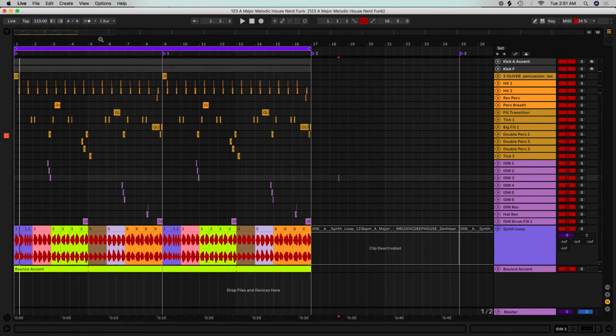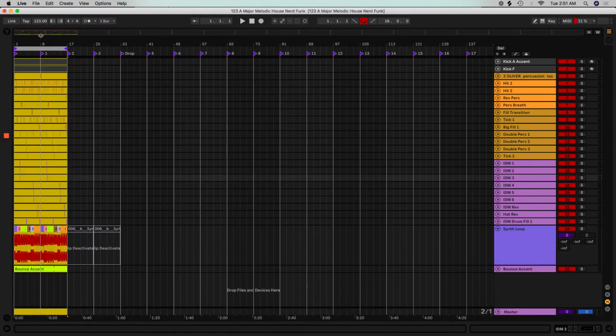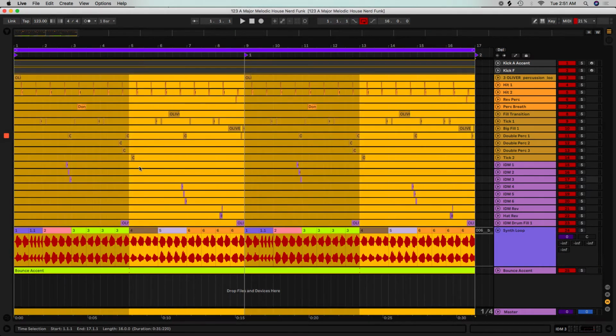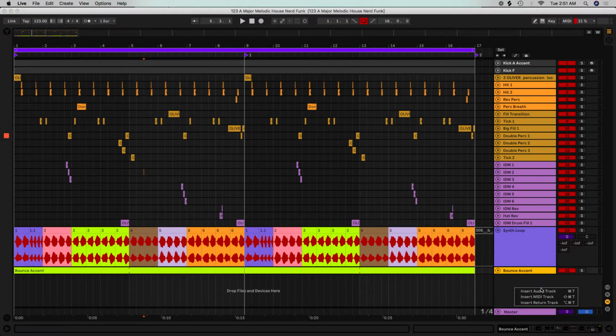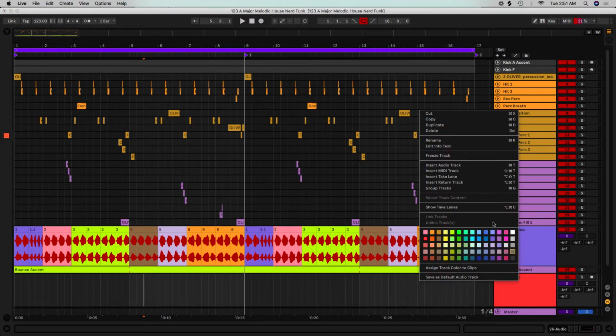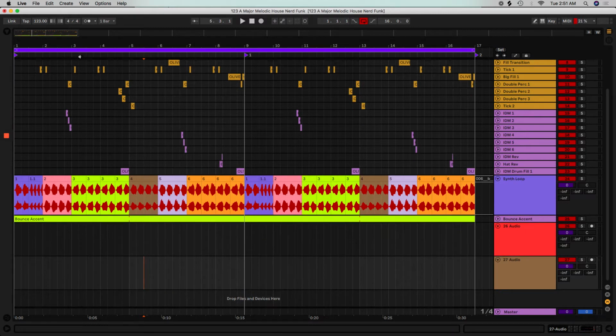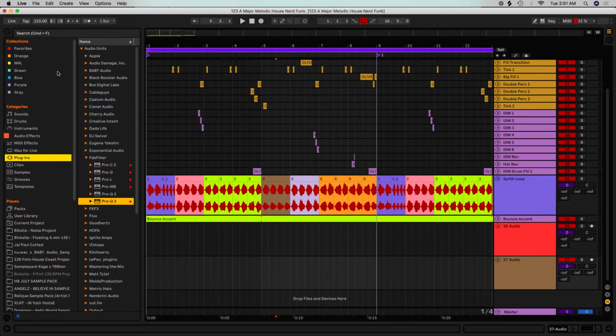Nice vibe going in terms of the groove. So I'm not too worried about modifying that, except we're just laying some new tracks in here for ourselves. And what I want to do is go to this pack